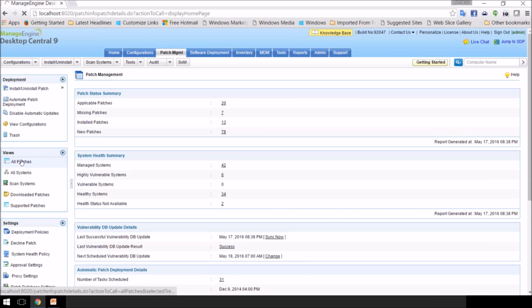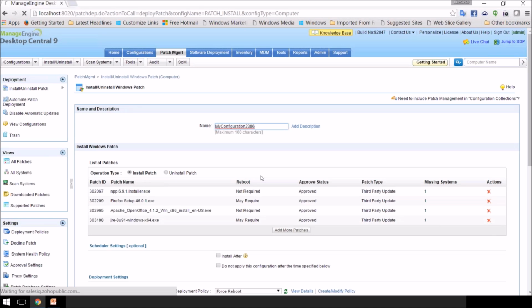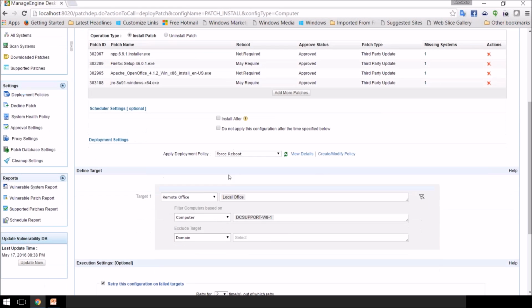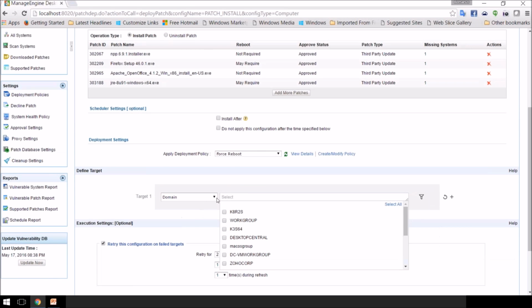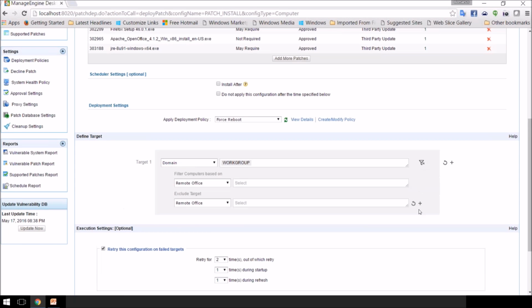Go to the patch management. Under the views, I'm going to click on all patches. By default, it comes to the missing patches because that is what we are mostly interested in. Select the patches which you want to deploy. Now you have install patch. Click on this. It takes you to the deployment wizard. It is a configuration. You can see the selected patches are available here, and there are other settings and a way you can say where you have to deploy this, filter criteria,